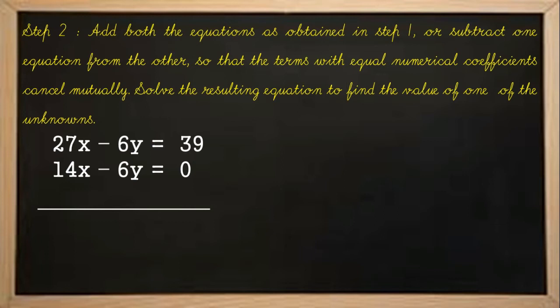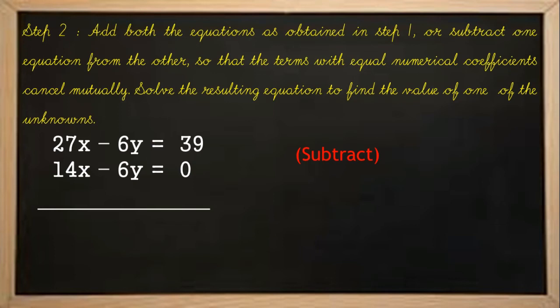Now, how to decide? Should we add or should we subtract? Observe the equation. Minus 6y and minus 6y cannot be eliminated or cancelled. If I add the equations, I will get minus 12y, which is not considerable. So by observing the sign of the coefficient of variable y in this equation, we have to decide that we need to subtract the given equations. This also should be decided by the observation of the sign.